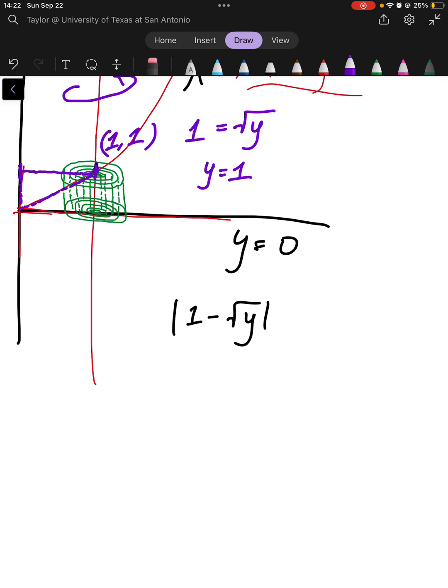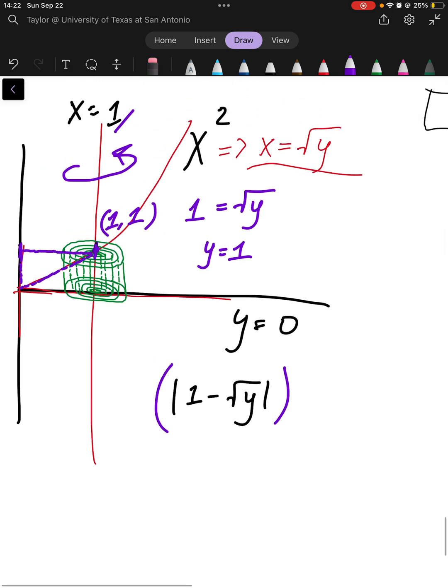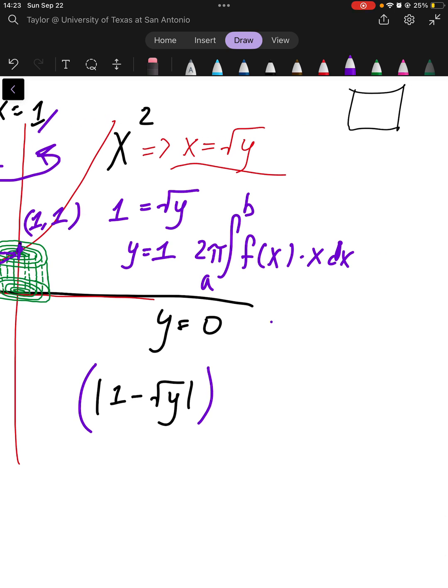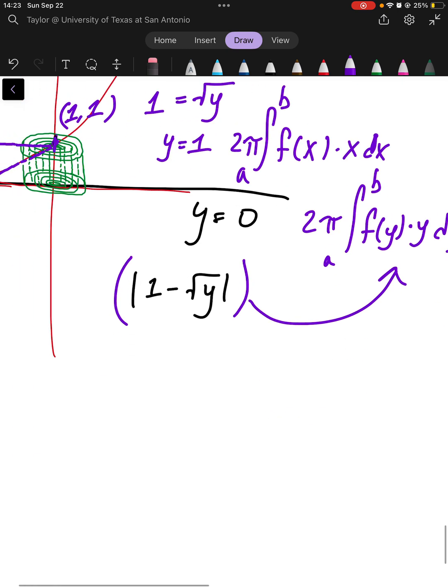Okay, so now that that has been established, this is going to be the function that we use for our shell method: the integral from a to b of 2 pi f of x times x dx, or in our case, because we're integrating about the y, 2 pi integral from a to b of f of y times y dy. So substituting this into here, we get